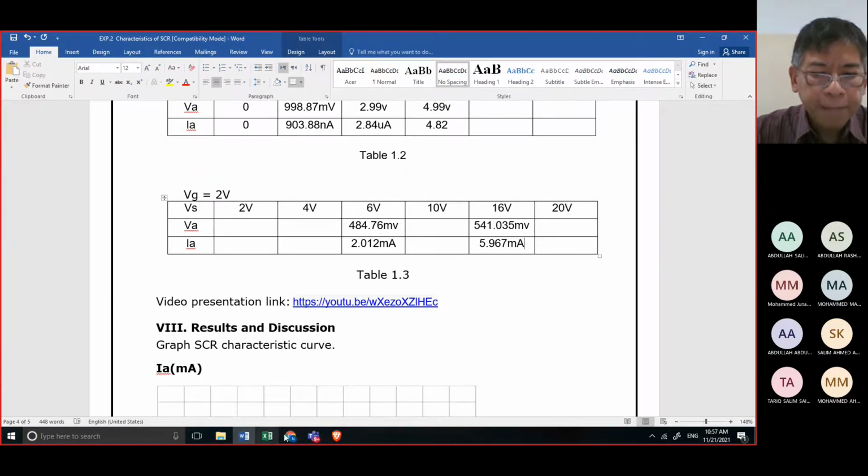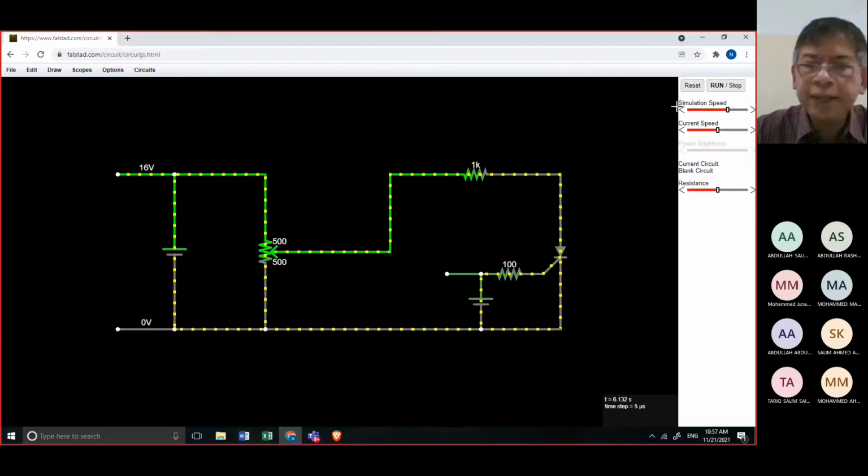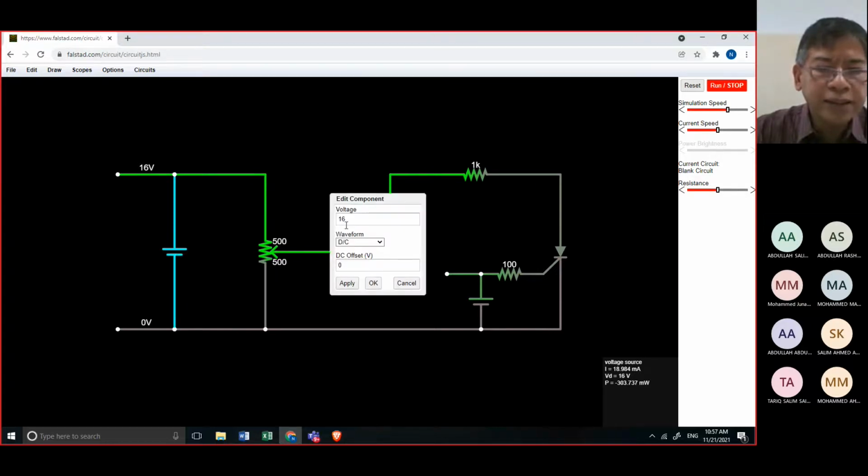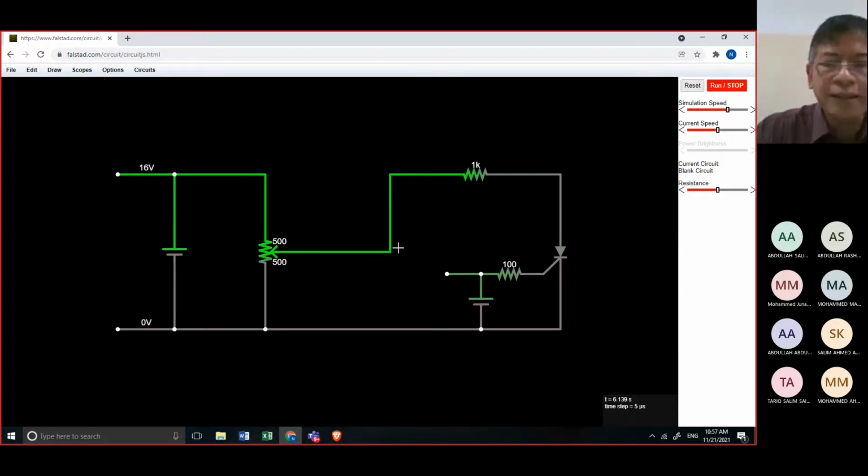Then from here, let's say I change the voltage source to 20. At 20 volts here, what will happen?